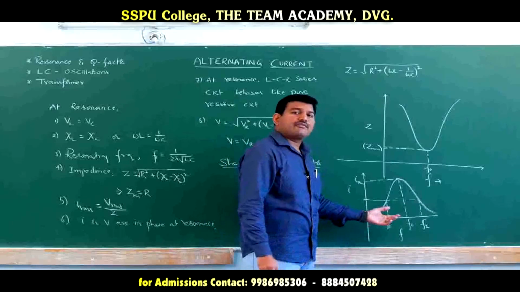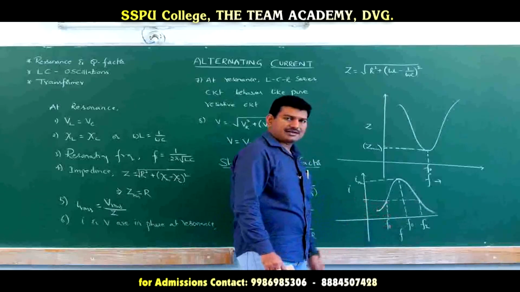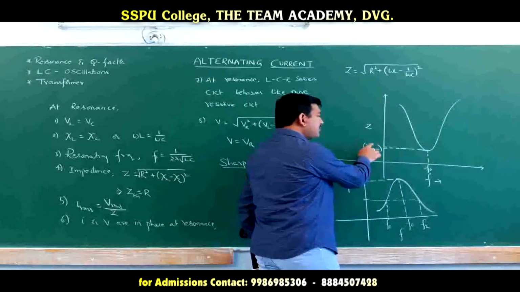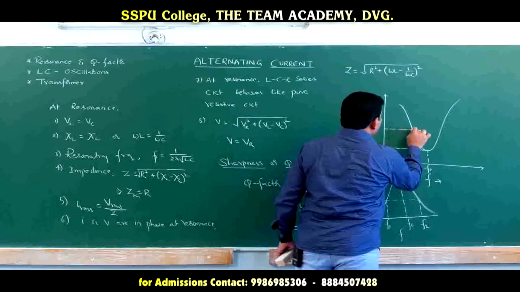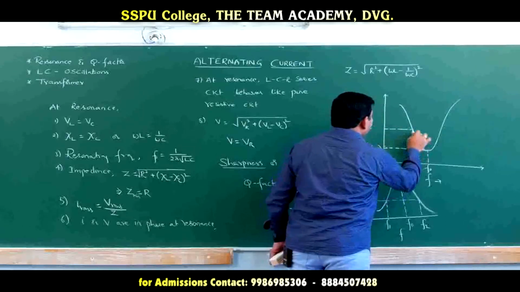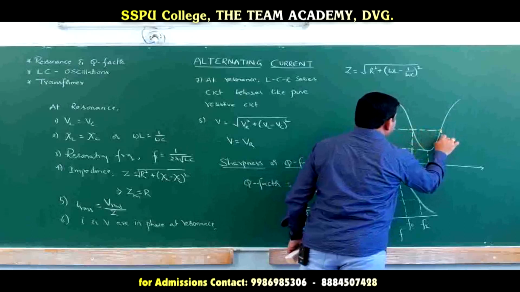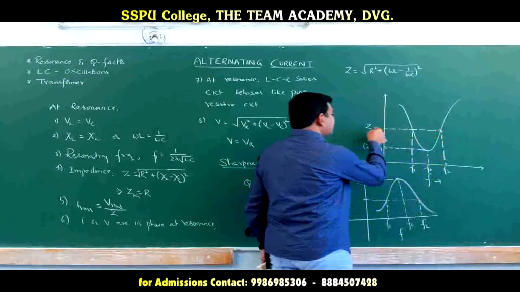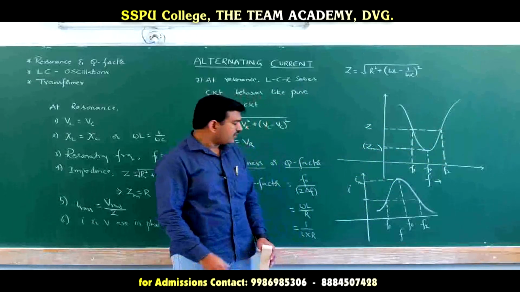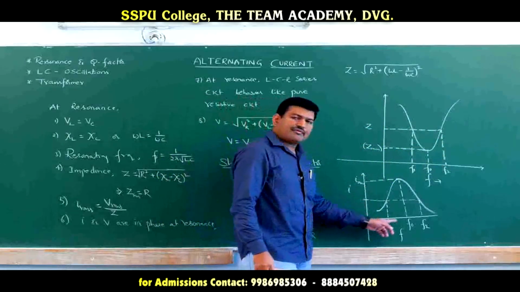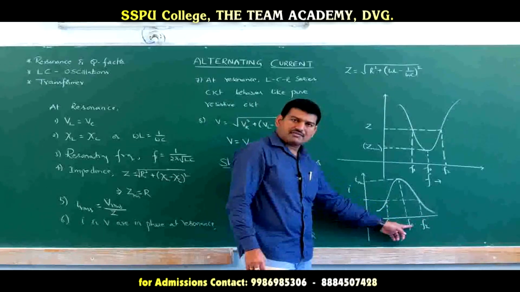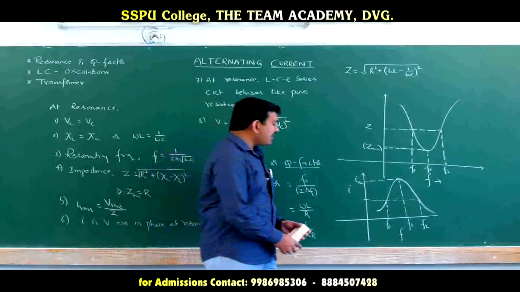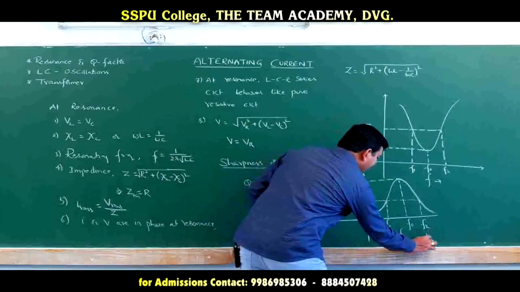That means for two different frequencies we are having the same current. In a similar way, for an impedance other than the minimum impedance value, we will be having two different frequencies. That means for two different frequencies we can have the same value of impedance. That is, F1 and F2 are the two frequencies for which the impedance will be the same. Here also the current is the same for the two different frequencies F1 and F2 other than the resonating frequency.